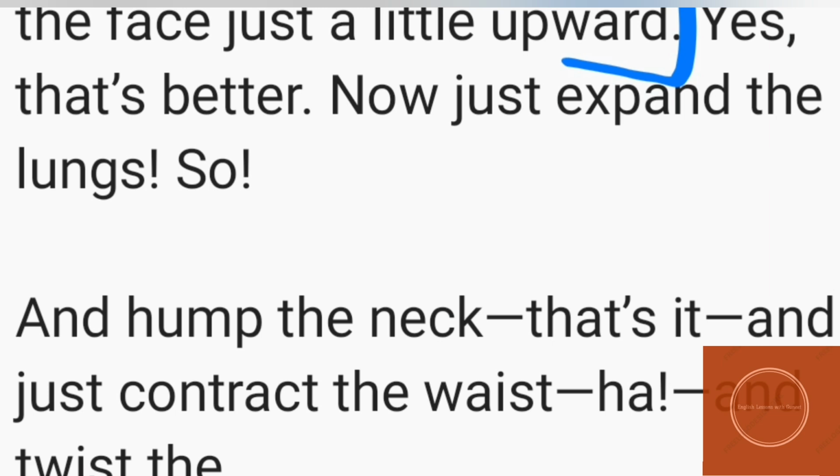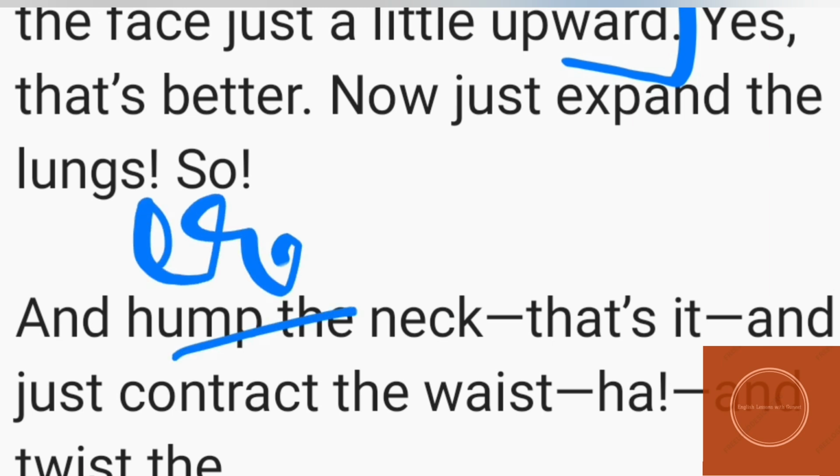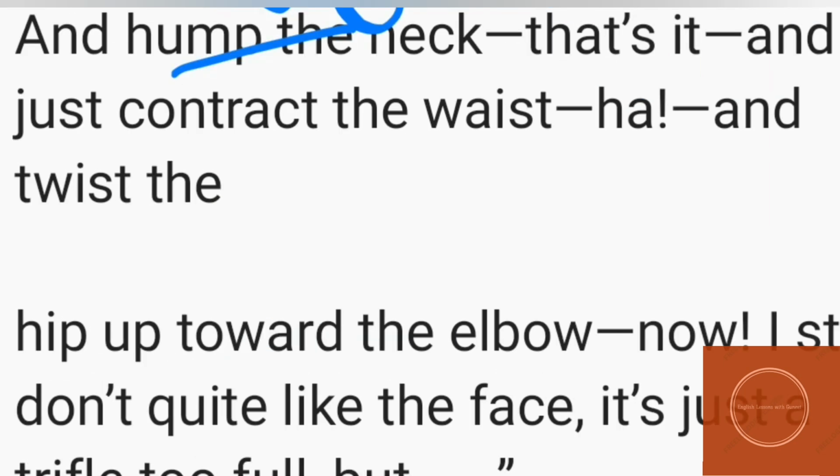So, and hump the neck. This is what he says next. Hump means you just straighten your neck, or we can say erect the neck. Then, and that's it. And just now you contract your waist and twist the hip up to the elbow. Now I still don't like the face. It's just a trifle too full, but